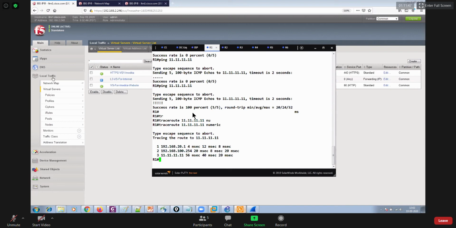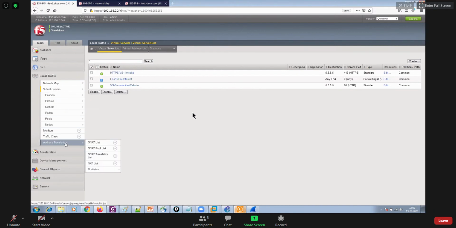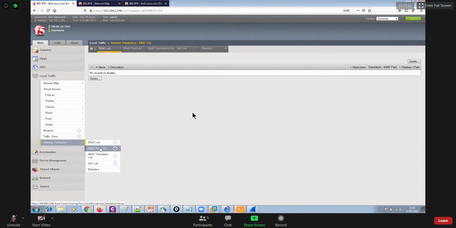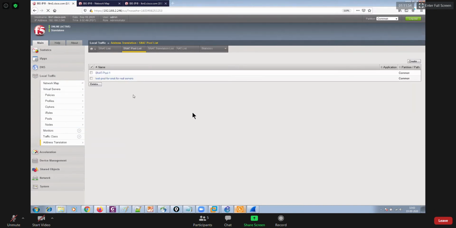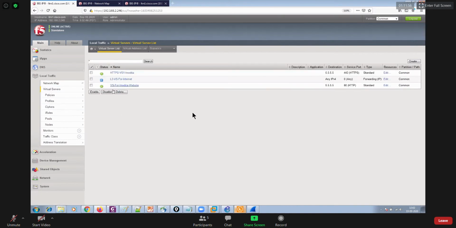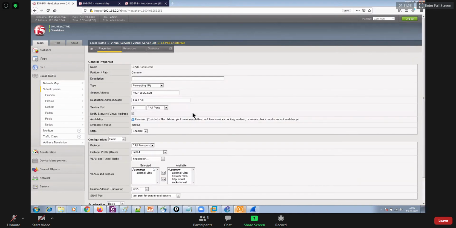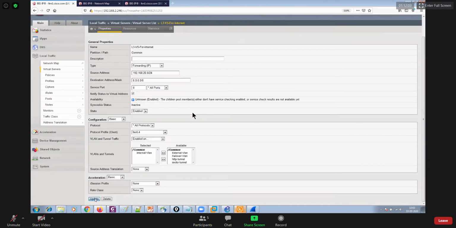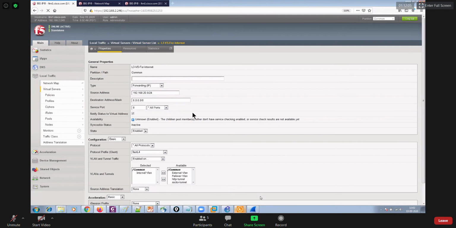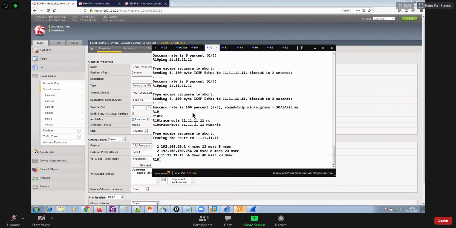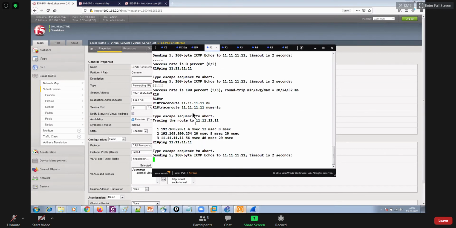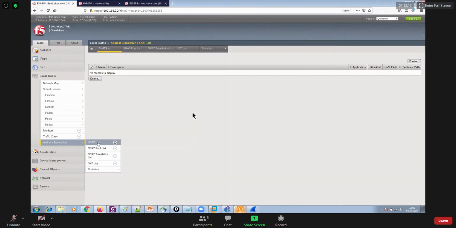But over here, we utilized this SNAT. So let me remove it now, the SNAT pool. First, let me go back to the virtual server. Let me remove the SNAT, so none, and then let me update this virtual server. As soon as I remove this SNAT, remember that your ping will stop now. I mean, your real servers cannot ping this internet IP now. SNAT is being removed, right? So now you can go back, and you created this SNAT pool.